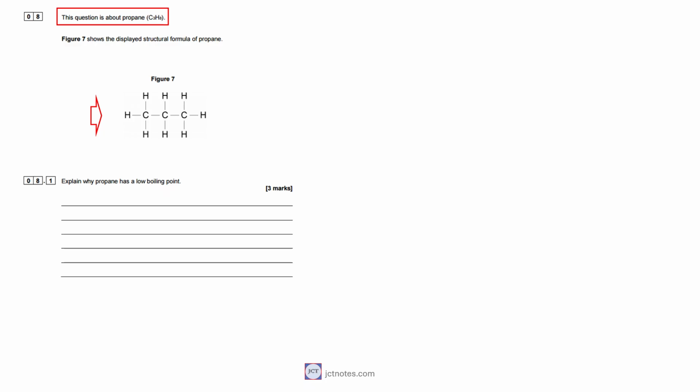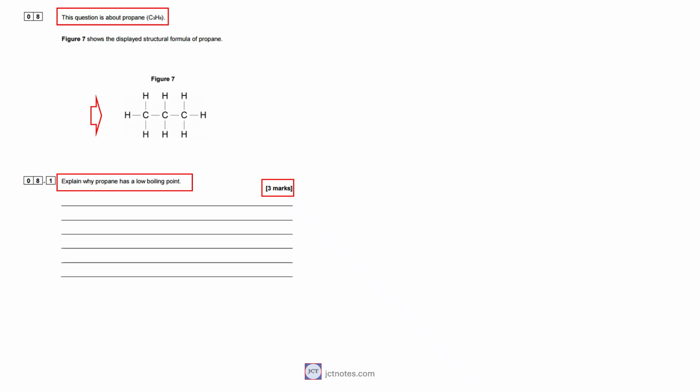The question asks us to explain why propane has a low boiling point. This is worth 3 marks, which means we need a logical, 3-step explanation to get full credit. Let's break down exactly how to secure each mark, and more importantly, look at the common traps that caught out